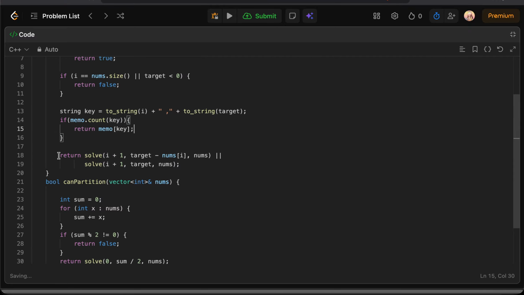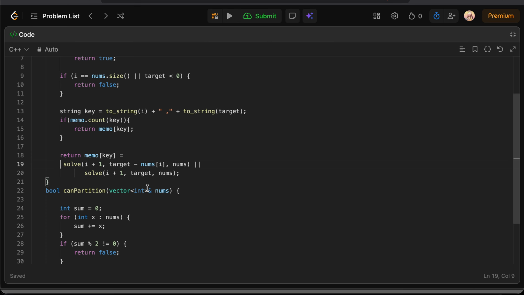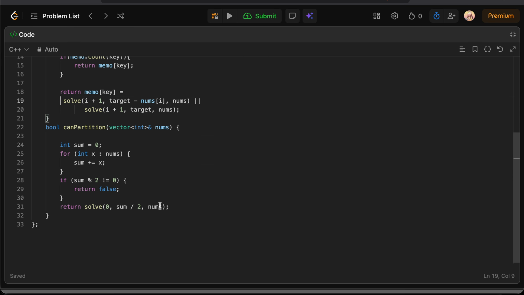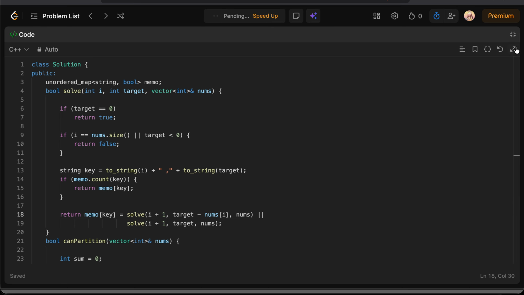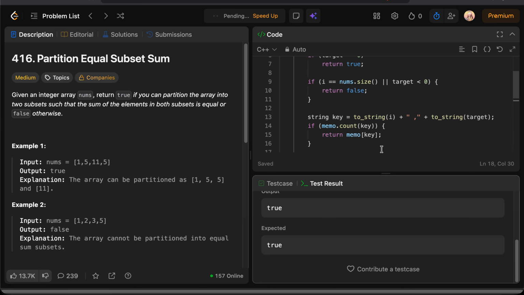Otherwise we return memo of key is equal to solve of I and not solve of I. So that's all.